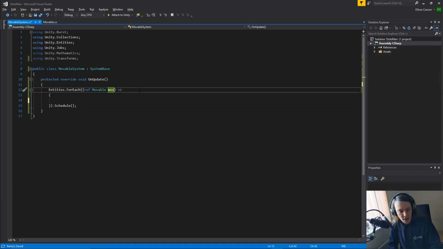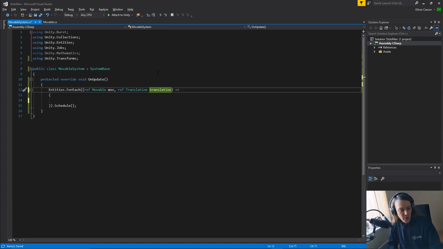Now, when we want to change the direction of an entity or change the position or the rotation, we need to get a reference to that entity's position, rotation, scale, whatever. To do that, we use the Unity.Transforms namespace, and there is a component called Translation, and this deals with your entity's position. So we'll get the translation,